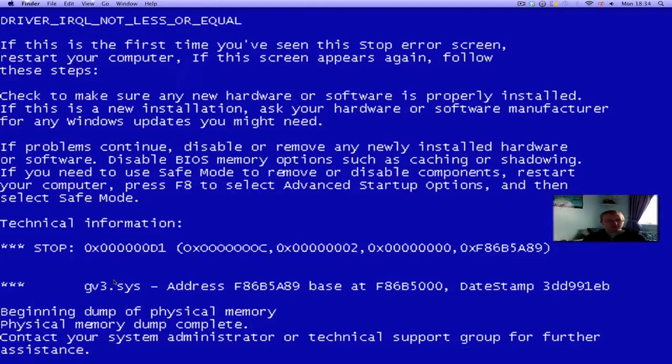There are also many other things that can cause blue screens of death, but if you still need help on this situation,